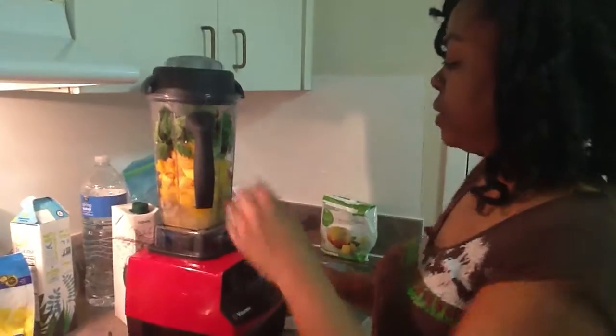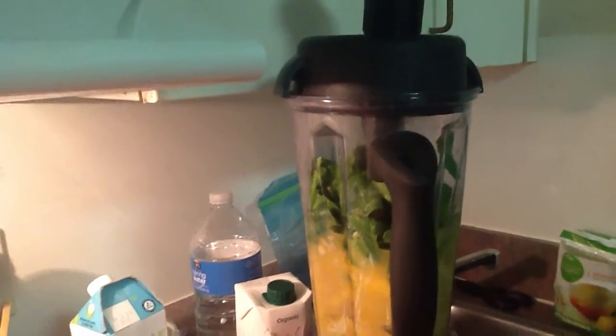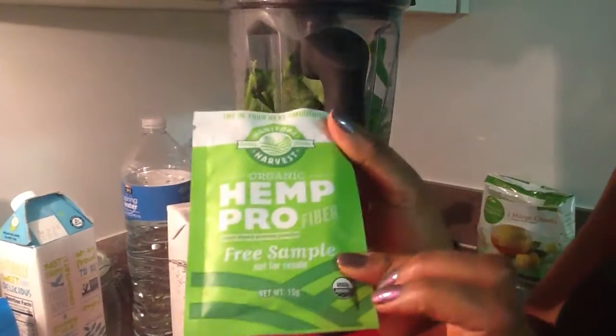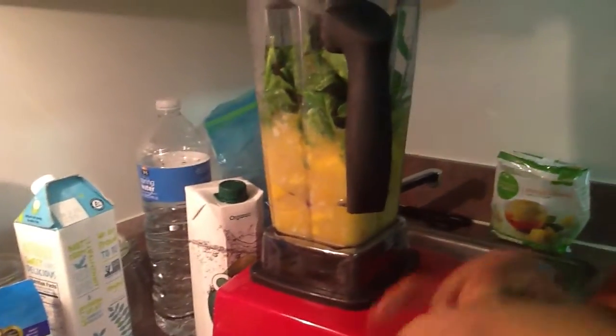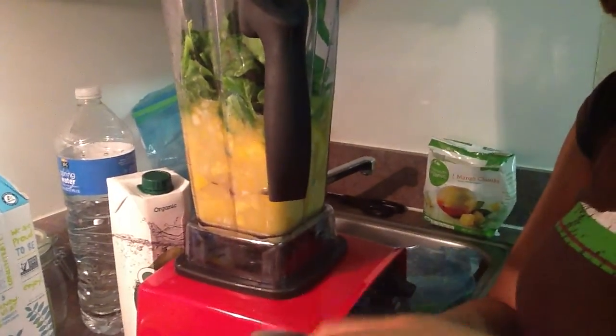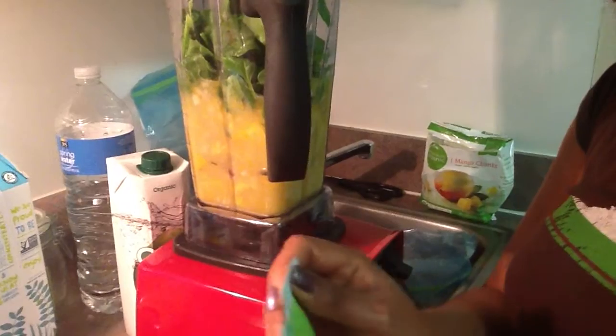Okay, so I'm going to turn that on. I'm going to give it a shove. Oh, hold on. This is what I love about having my own. I'm going to add the protein to this, okay? So this is powder. I'm going to add this entire packet. This is about a 0.5 serving size. And it's just hemp seeds. You can put this on top of your oatmeal or...